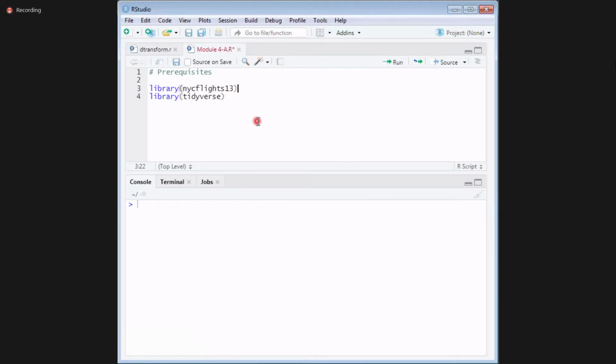This is your data set: nycflights13, which is our New York flights data from 2013. Then we need to install one more package, the tidyverse package. What is this package?